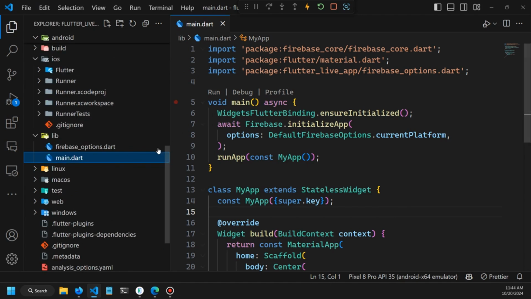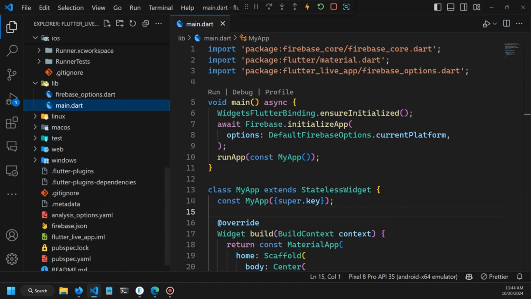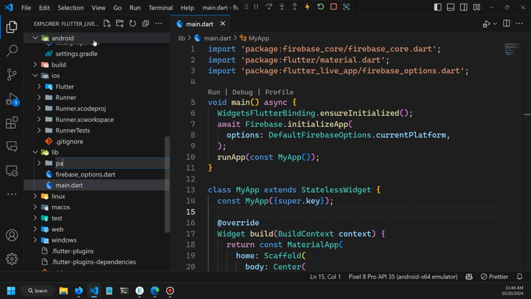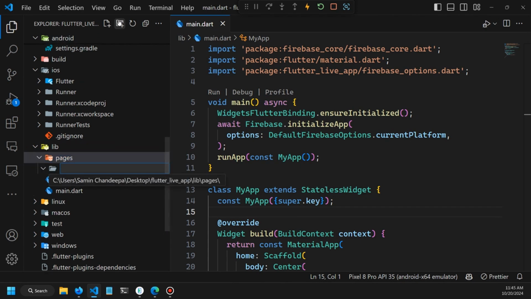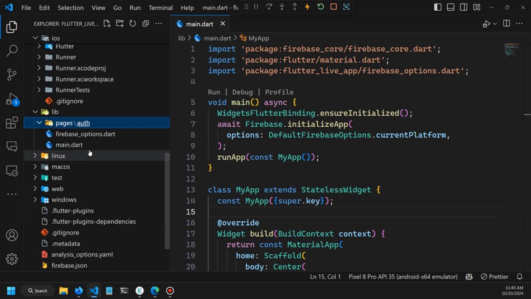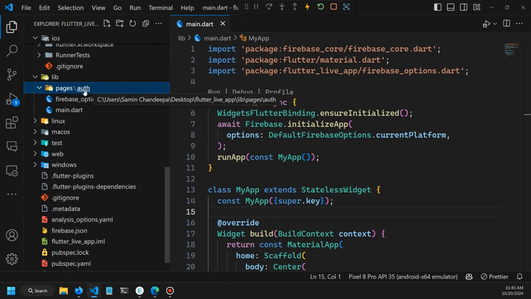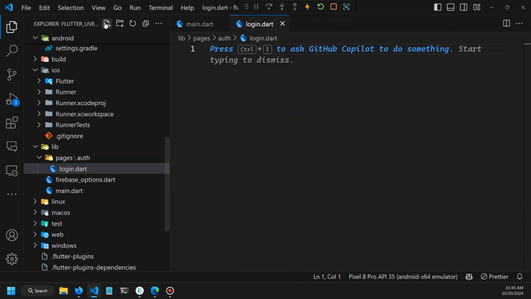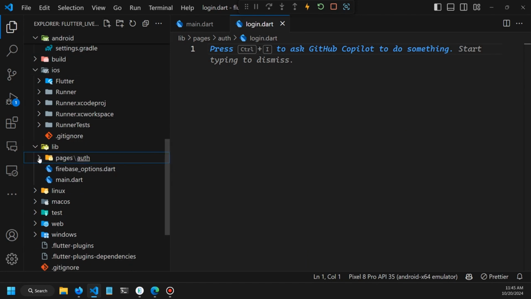So here first I am going to create some widgets that I will need. Let me create a new folder over here, so let me create a pages folder, and inside this I will create another folder called auth. So all the screens that are required and related to the authentication I will add inside this auth folder. Here I am going to create a login.dart file because I want a login screen first